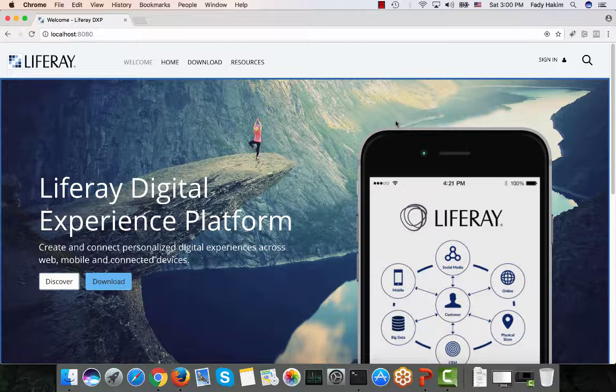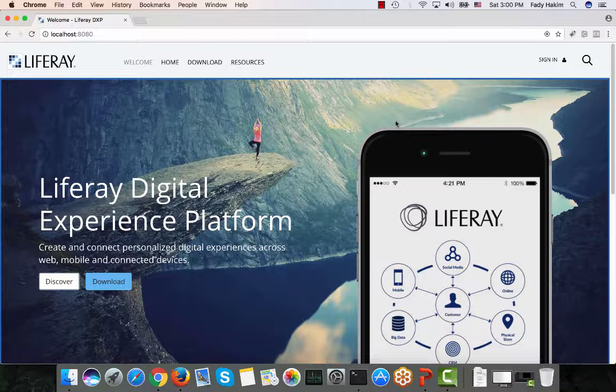This is my video number 5 for Liferay DXP demonstration, and in this video I will talk about the staging feature that comes with Liferay. In any environment you build, you always need to have a staging environment where you can do your tests, see how the pages would look, make sure everything looks good before you move it to production. No one wants to do editing content or editing blogs or wiki or doing all of this in a production environment. There is a need to do all of this in a staging environment and then move this code